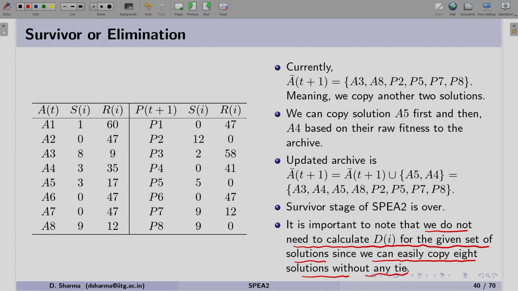In the current scenario, even without calculating the diversity Di, we can copy the 8 solutions without any tie. However, if a scenario comes where there is a tie and we do not know which solution to copy in order to fill the archive, then we have to find this Di, and we copy the solution based on the fitness. So, that finishes the survival stage of SPEA2.